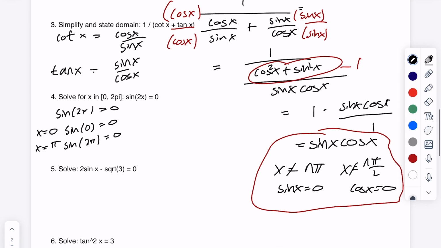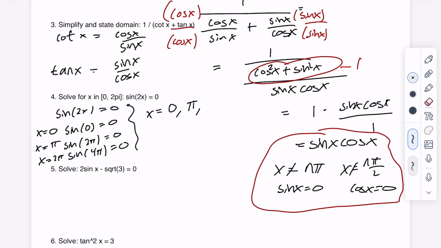But we're only going from 0 to 2 pi. So if we say x equals 2 pi, sine of 4 pi also equals 0. So solve for x. If x equals, we're basically going to need to divide these by 2 in here. If x equals 0, if it equals pi, or if it equals pi over 2,